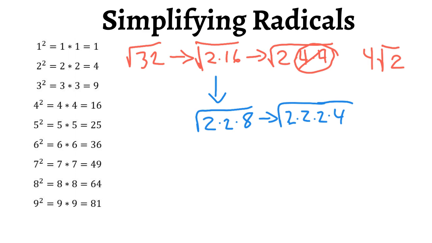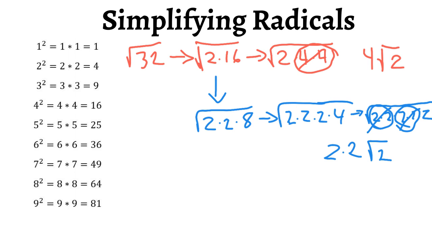Right? The 4 can be broken down even further as 2 times 2. You just have to keep track of how many 2's you have. I have 2 times 2 times 2, and the 4 has 2 times 2. Then I start pulling all of the pairs out. I have a pair here and a pair here. So 1 2 comes out, and then another 2 will come out, and there's 1 2 left by itself on